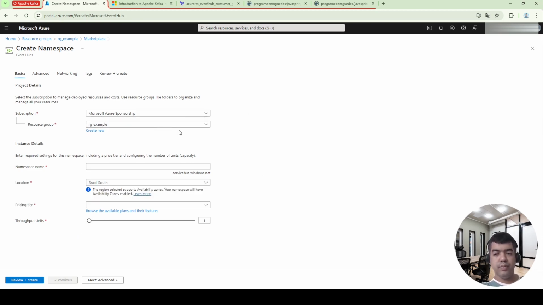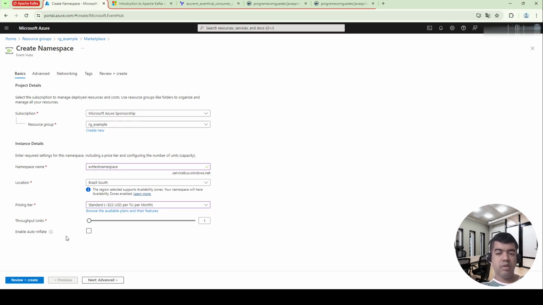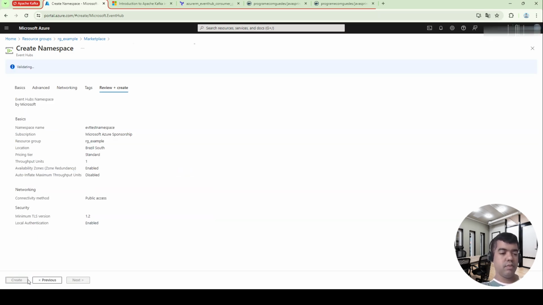The resource group is ROG_example that we just created. Enter a name, for example, evt-test-namespace. Okay, this name is available. Select the standard tier. Click on the Review plus Create button.